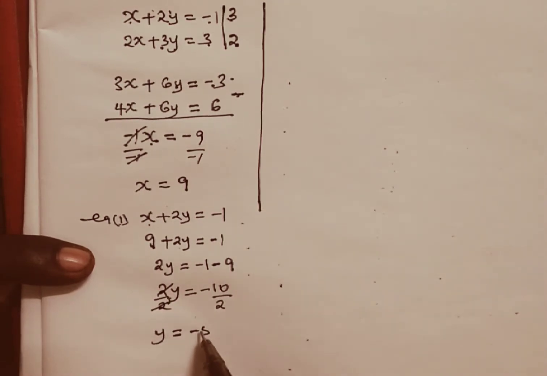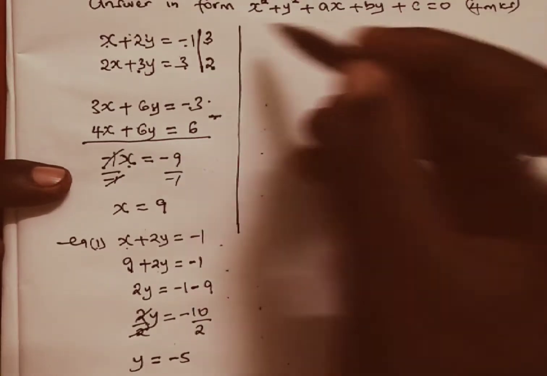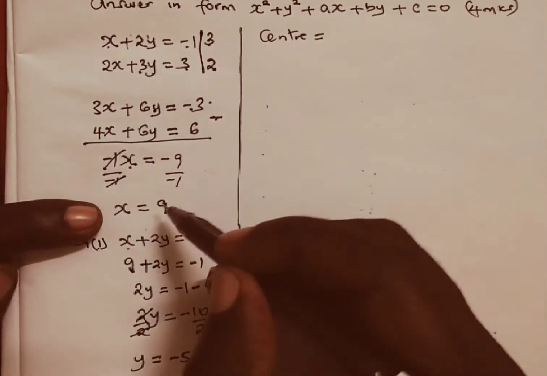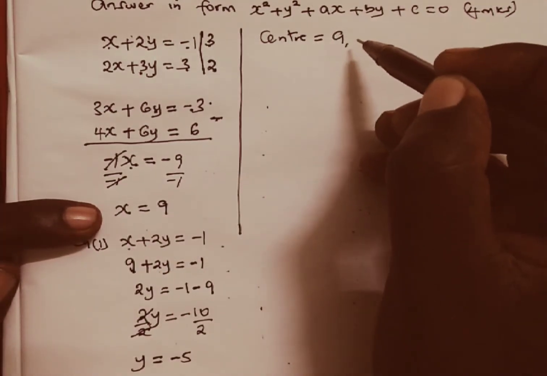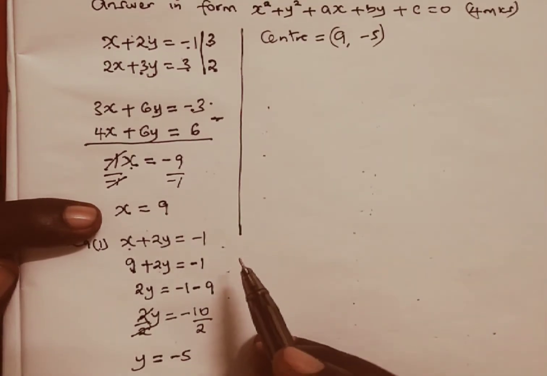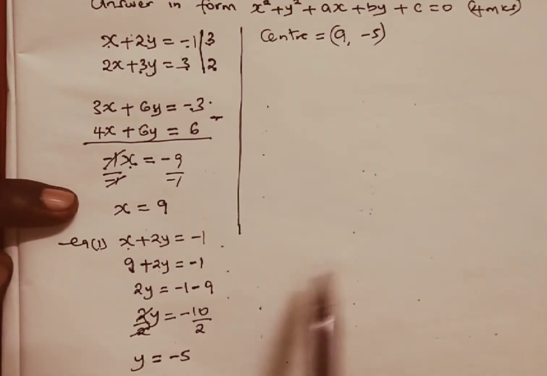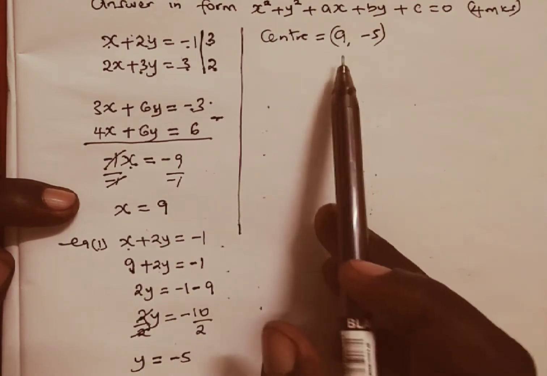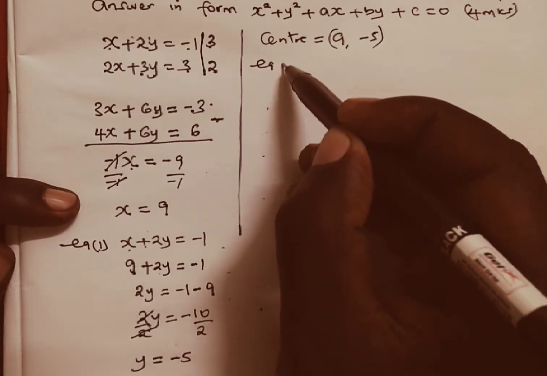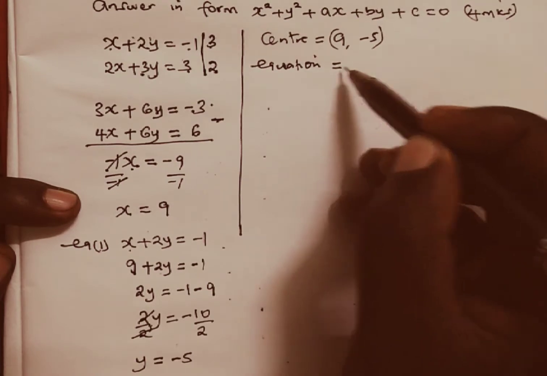If you divide by 2 on both sides, 2 and 2 will go, and our y is going to be equal to -5. And if you now want to get the center, the center of the circle is going to be, the value of x here is 9, and the value of y is -5. That is our center, which is denoted by point R. Having gotten the center, we can go straight and get the equation of the circle. The equation of the circle is given by